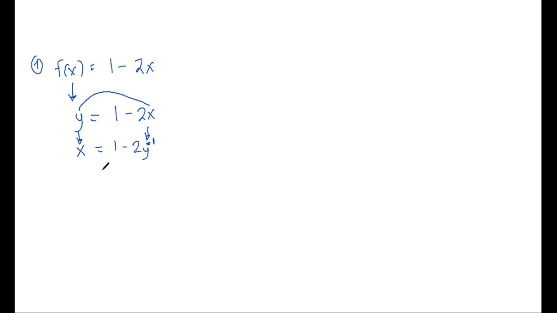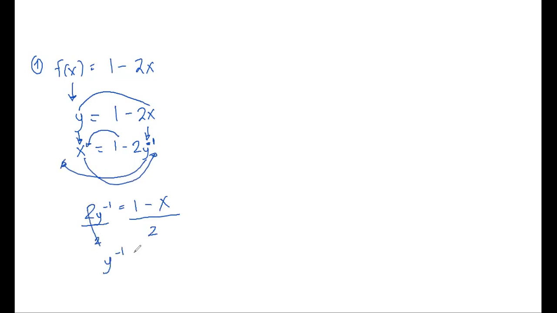Then we solve for y to negative 1 in terms of x. So we transfer other values to the other side. Or we could also transfer this one and then transfer x. So for example, we have 2y to the negative 1 equals 1 minus x. We need to divide both sides by 2. So y to the negative 1, or we say the inverse of y, is equal to 1 minus x over